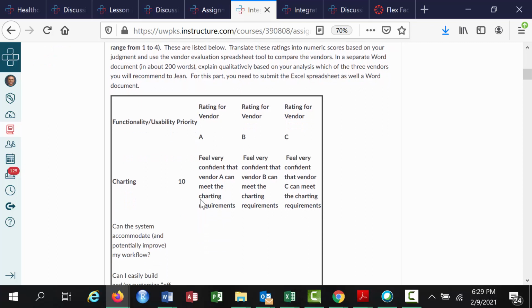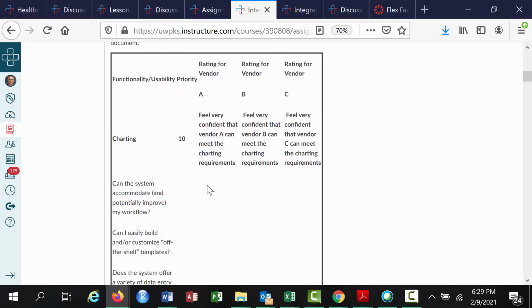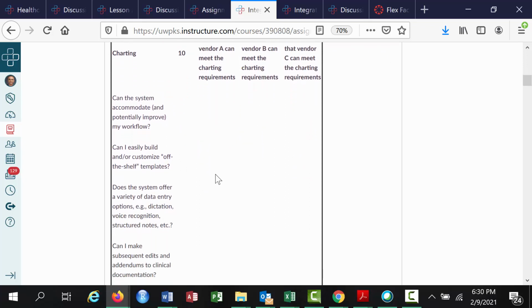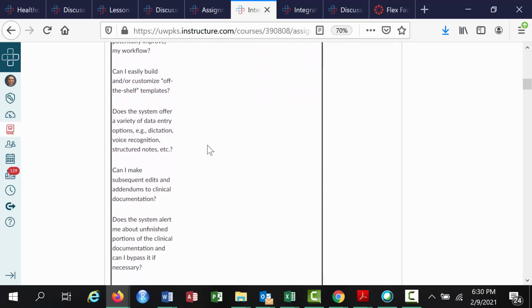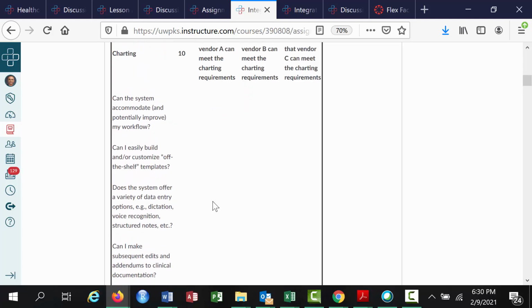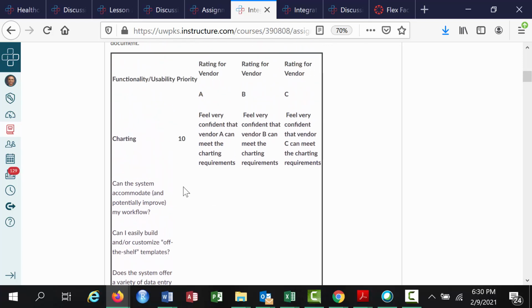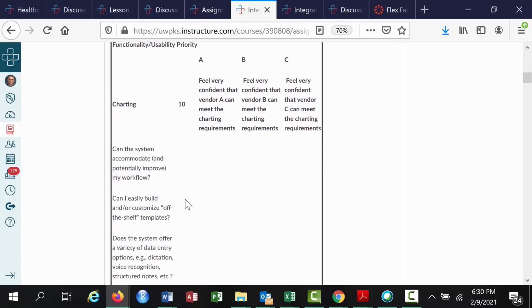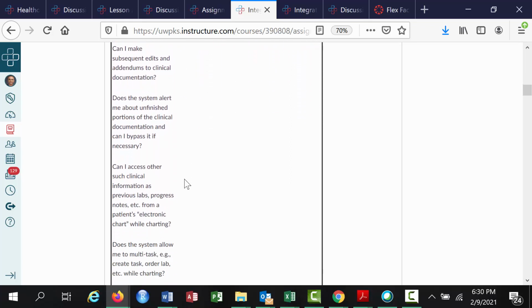So, for example, the rating for vendor A for the first category, charting, is you feel very confident for vendor A, very confident for vendor B, very confident for vendor C. So you could assign a rating of either 8, 9 or 10 for each of these. And the priority is 10, so you could extend the priority of 10 to each of the sub questions